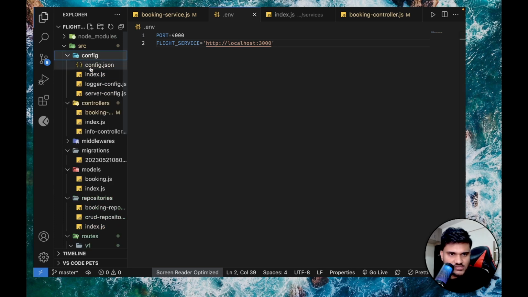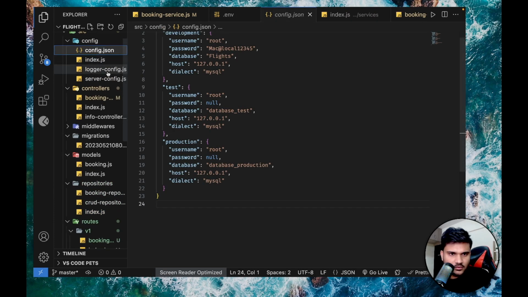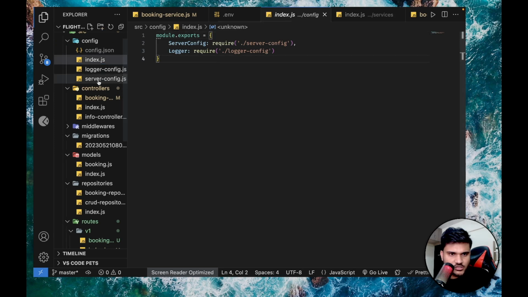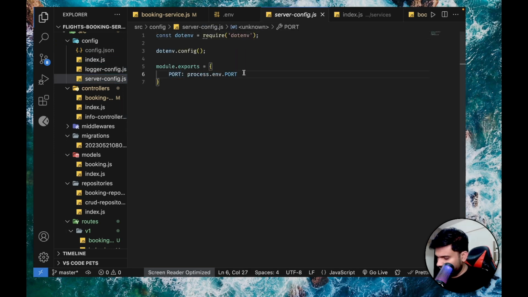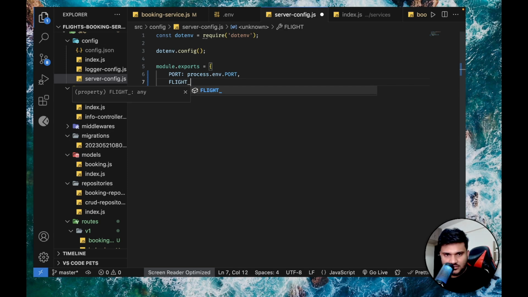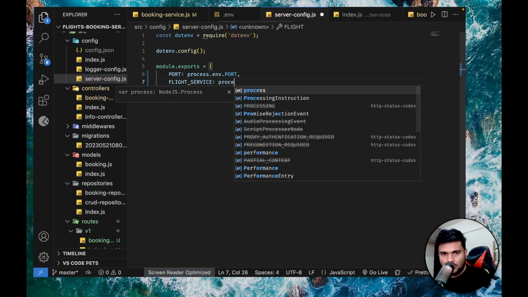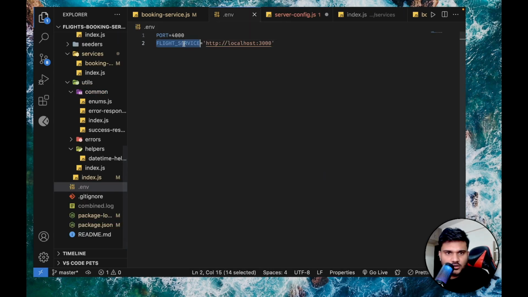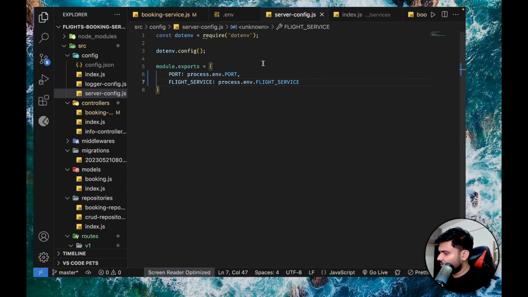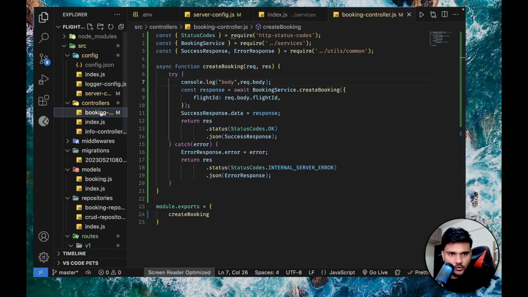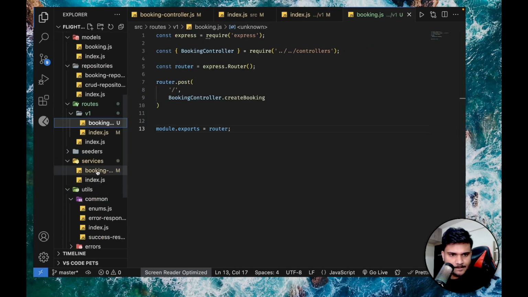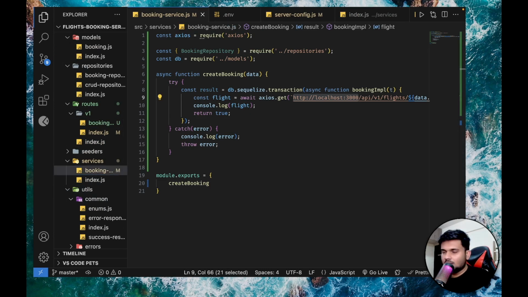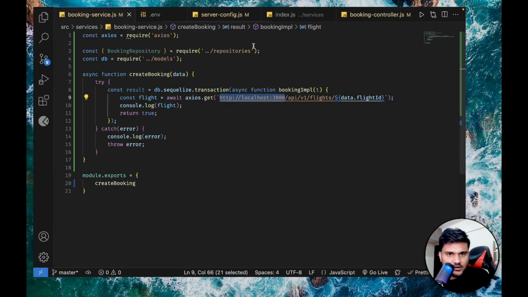And inside the configs, this one, index.json server config, I will say flight service is process.env.flight service, right? As simple as that. Now we'll go to booking service. Okay, just give me a second. In the booking service, what I'll do is I'll require